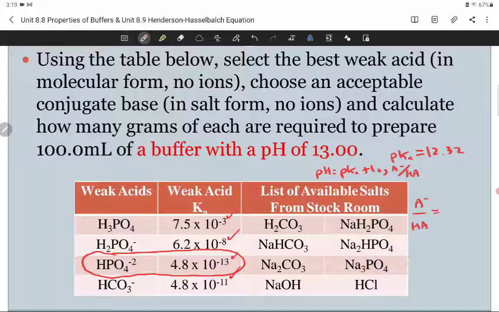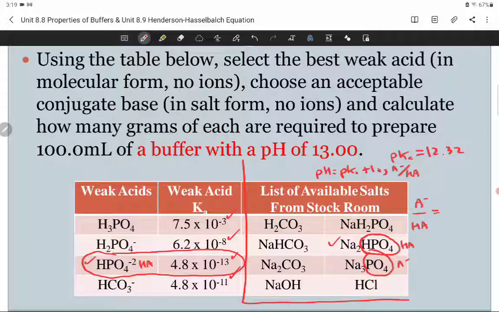But our two chemicals in question, the HA needs to have that in it. So here I have a list of 8 chemicals that I could pick from. And I need something that has HPO4 minus 2 in it. And that right there has that. So that is my HA. So I can't go get an ion in the stockroom. I have to go get a chemical that has that ion in it. And then I need an A minus that is 1 less H from what I just looked at. And so that would be